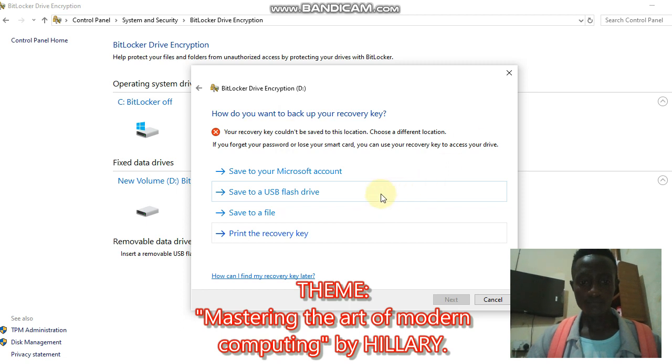Or I can select any destination. I can save it as a file on my desktop here, or I can decide to print this recovery key so that I remain with a hard copy of it. So after saving the recovery key,